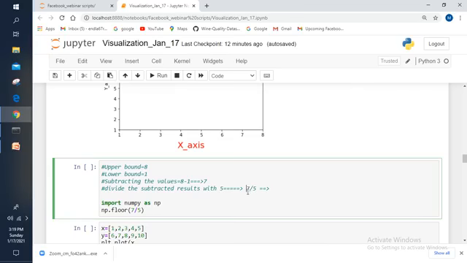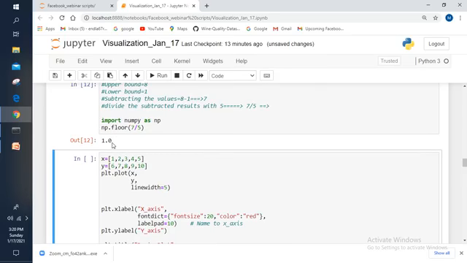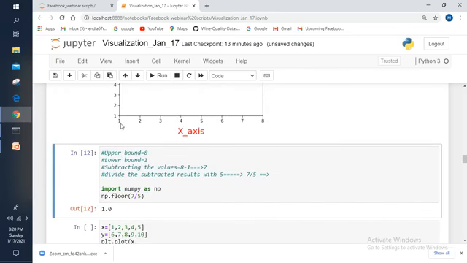Right. I am passing this 7 by 5 through the np.floor function. This will round the value. Now let me execute this one. See, it is rounding the value to 1. Here I am getting the value as 1. With a difference of 1, it will take the intervals. The lower bound is 1, 1 plus 1 is 2, 2 plus 1 is 3, 3 plus 1 is 4. In this way, it will take the intervals, whatever range you specified. Automatically, it will divide the result by 5 after subtracting the lower bound from the upper bound. Right. I hope you understand how it is taking the intervals and all.